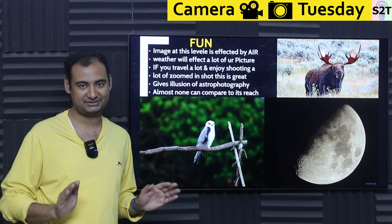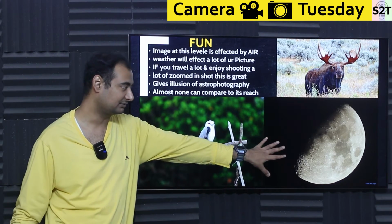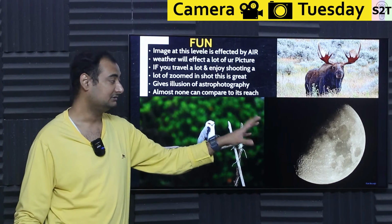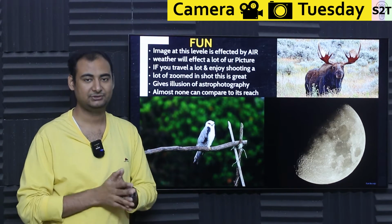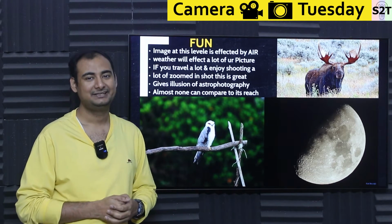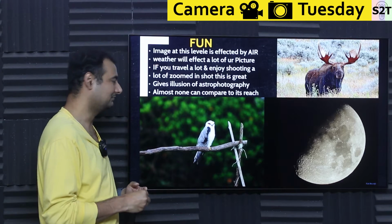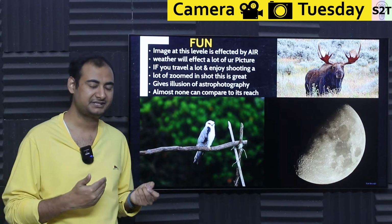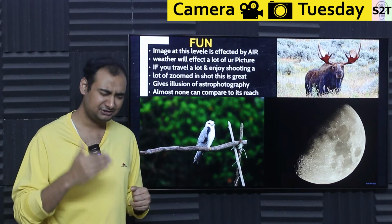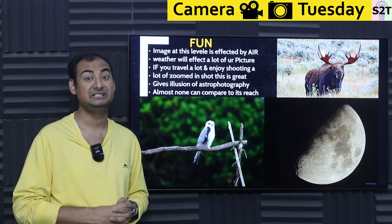Basically it will satisfy your needs and gives the illusion of astrophotography, like this sort of photography, which is actually there. Now the reason why I'm saying illusion is that astrophotographers who are doing it as a hobby will look at it and laugh, especially if you look at these sort of images 1 to 1 pixel. You will be like, there is a reason why the aperture on this sort of bridge camera is millimeters, while